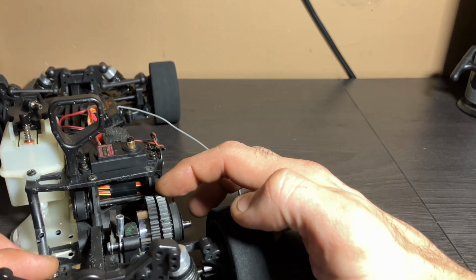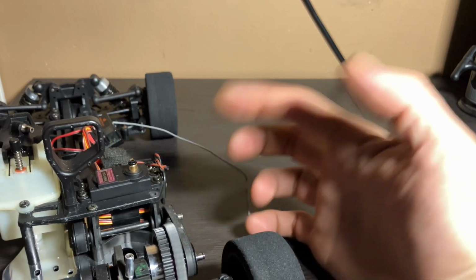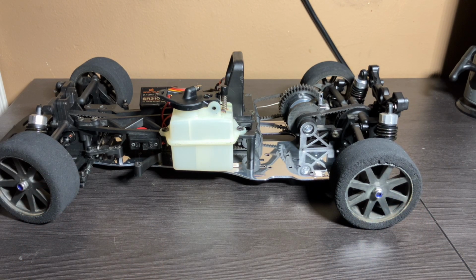And then you just want to make sure that the one-way bearing is working here. As you can see, it's pulling my finger back. So we're all good there. So as long as that's all set, you can go into mocking up your motor. And when I say mocking up your motor, I mean mocking up your motor. You want to just put it in, make sure the mesh fits correctly, which is what we're hoping for at the moment. And then you can move into taking your motor back out one more time to route your fuel